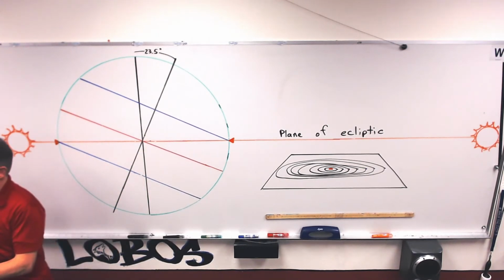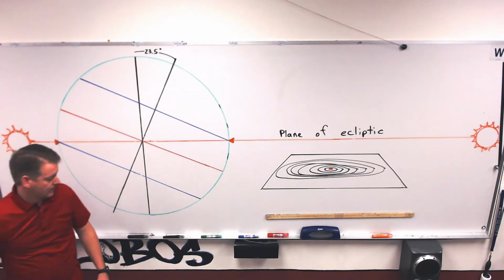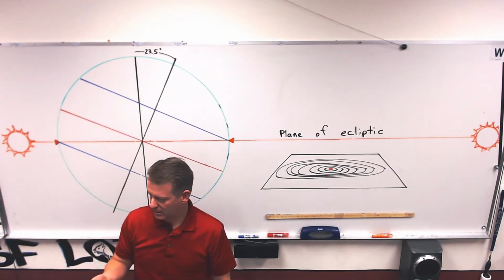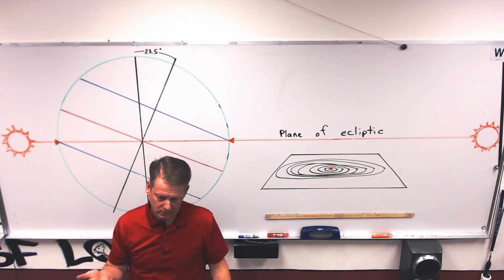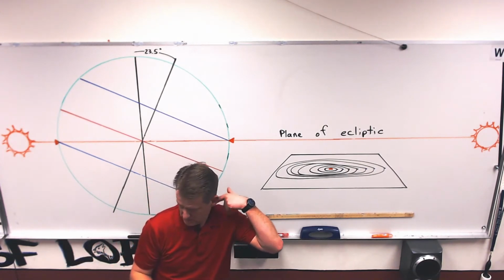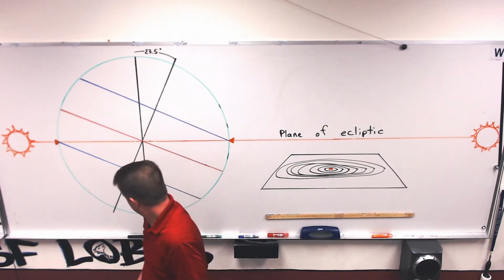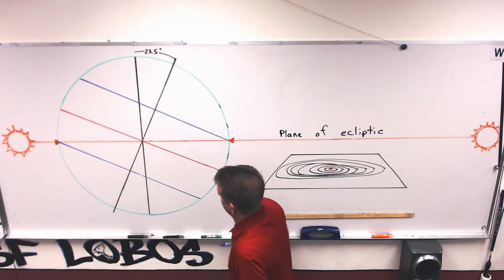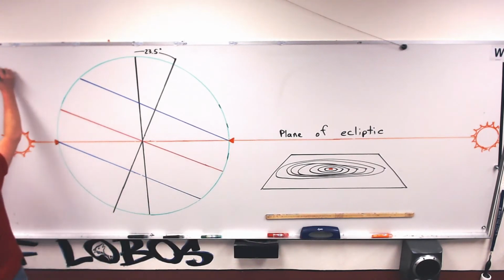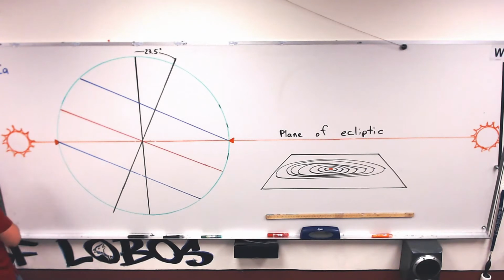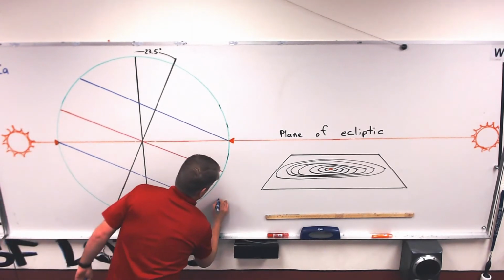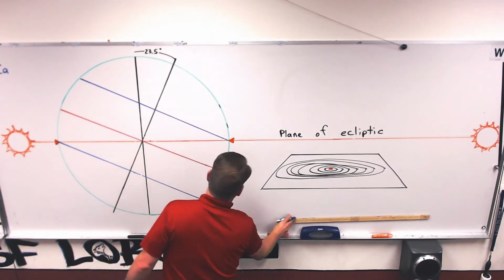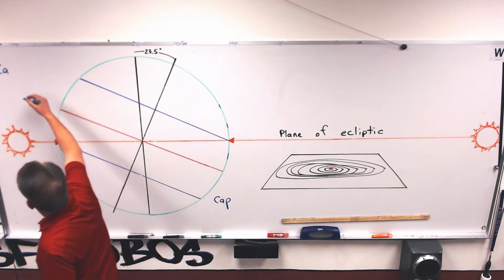Anybody have a hard time remembering that? I do. That's good. Here's how I remember it. So Cancer is always on top. They both start with CA, right? CA, Cancer, Capricorn. But the next one is a P, and the next one is an N.